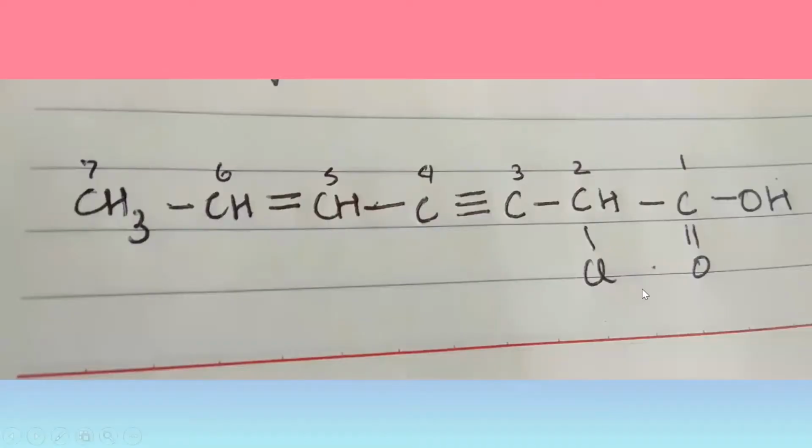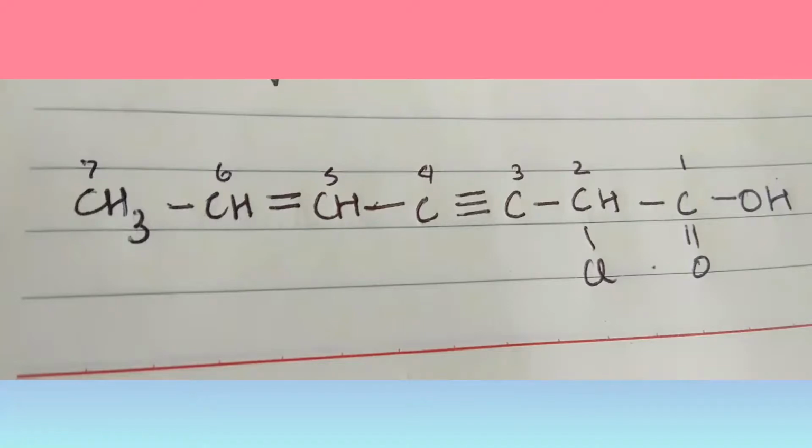So moving ahead, I'm going to be discussing the nomenclature of polyfunctional organic compounds. Polyfunctional organic compounds are the compounds that have more than one functional group attached to them. And we all know the basic functional groups are carboxylic acids, aldehydes, alcohols, and all. So whenever we are naming a compound, we always have only one principal functional group. We cannot have 3-4 functional groups that we are writing in.